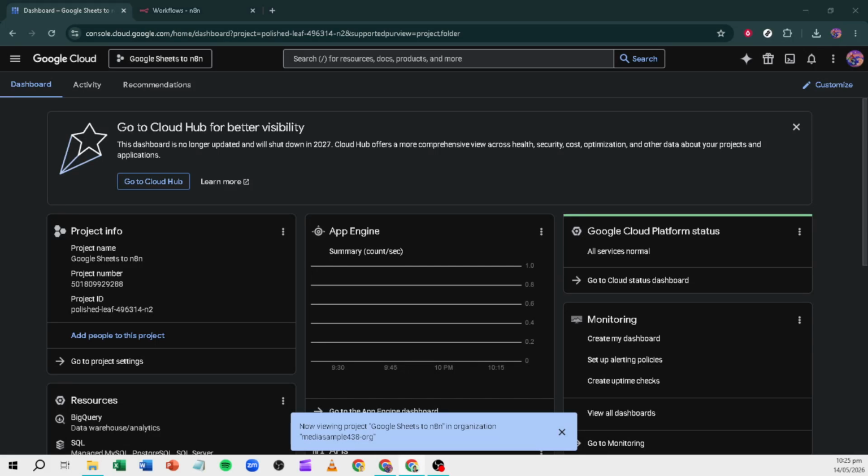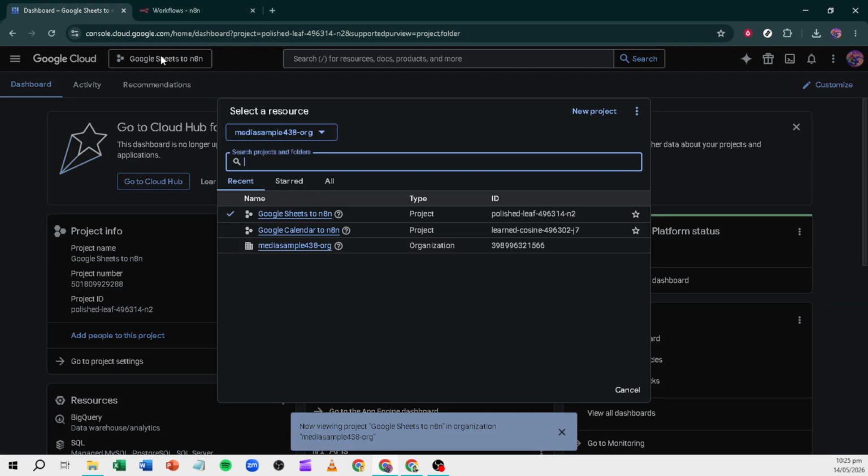In today's video, I'm going to teach you how to set up Google Sheets trigger in n8n. By the end, you'll have a workflow that automatically starts when your spreadsheet changes, saving you from manual checks and copy pastes. Before you can use the Google Sheets trigger node, you need a secure connection between n8n and Google's